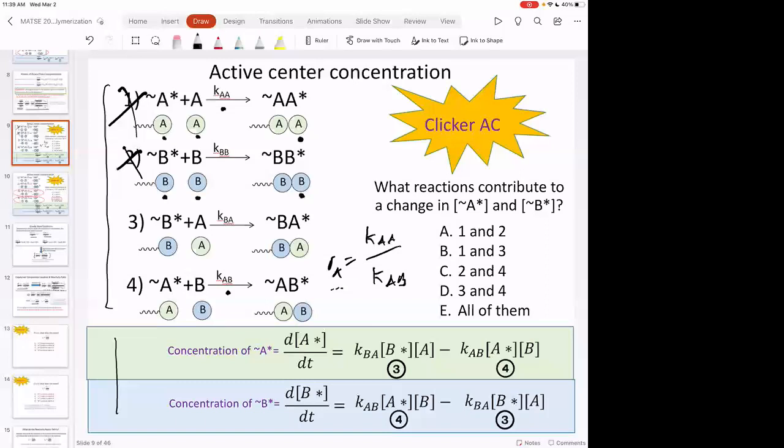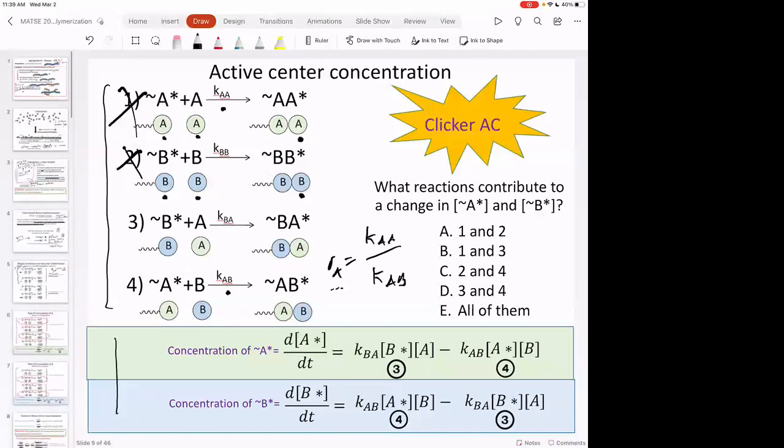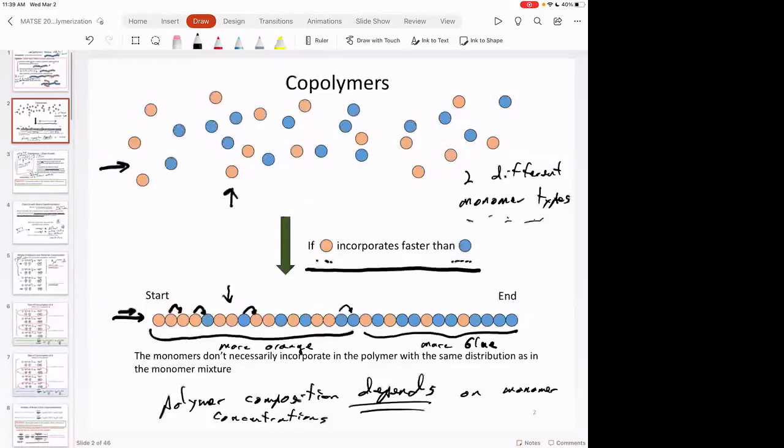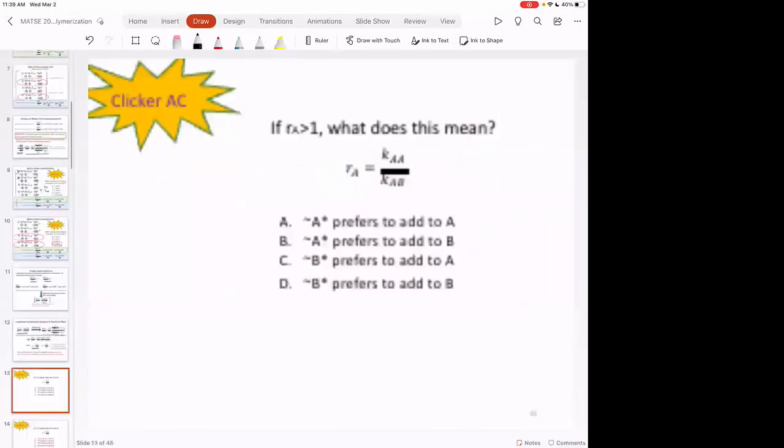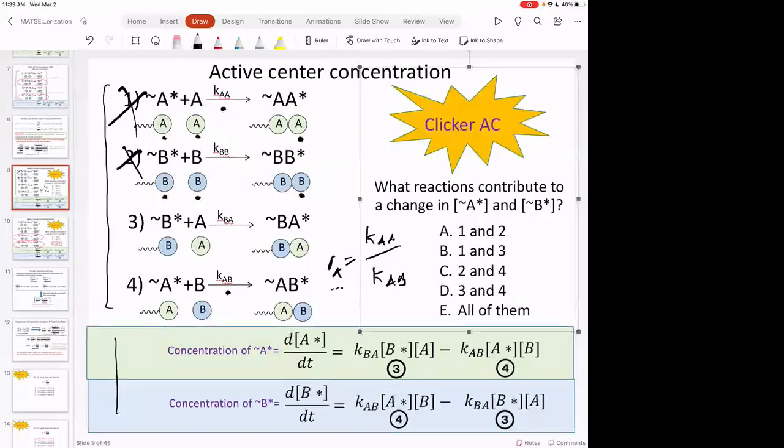That's where things get confusing because the copolymer incorporation or the copolymer composition is a function of both the rate constants and the concentration of two monomers, what's available. You have to remember that. Okay, same thing with RB equals KBB